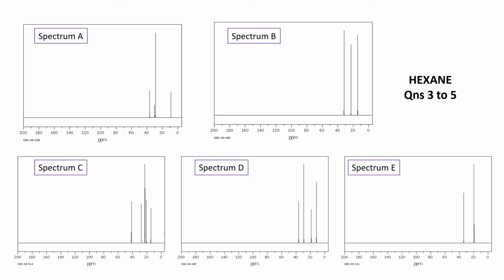Looking at these here, the easy ones are the ones that we knew about. There's the 2-peak, so spectrum E goes with the 2,3-dimethyl butane. Then you've got the 3-signal one. This is just the straightforward hexane, 3 signals there. And then when we get down to the 1, 2, 3, 4, 5, we can see that's the 2-methyl pentane,